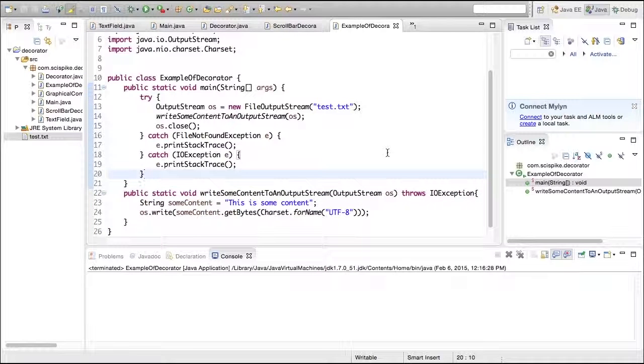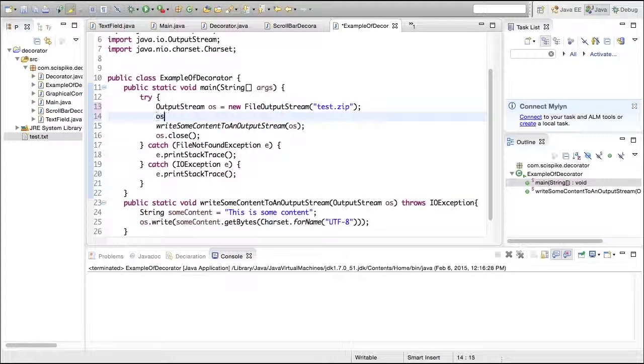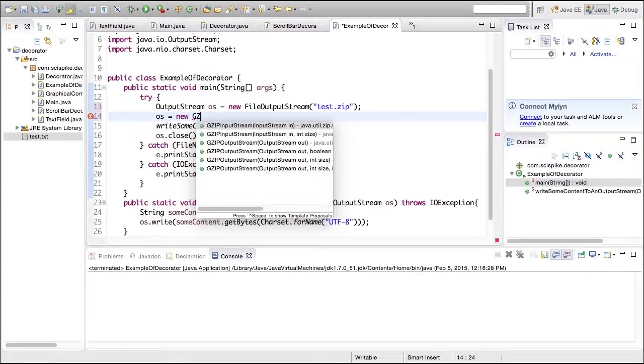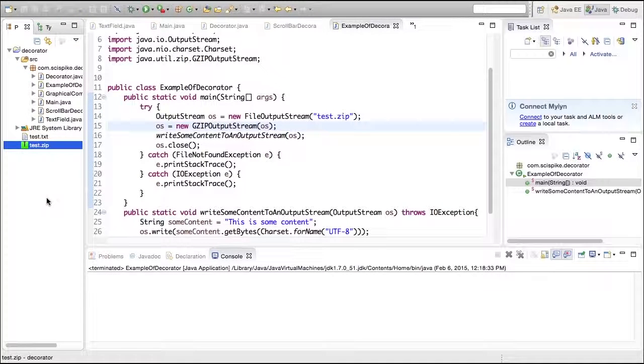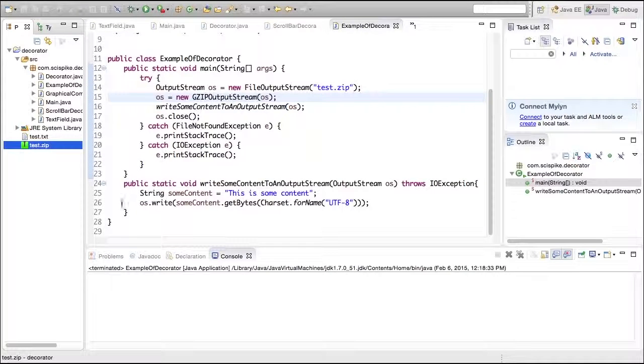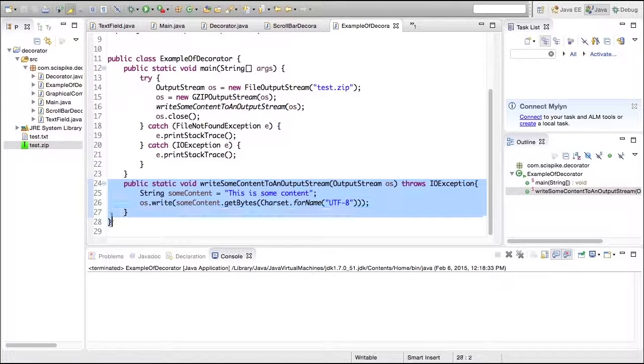Let's illustrate that by adding a gzip output stream to decorate the file output stream. I'll have to change the name of the file to test.zip, and then I'll wrap the existing file output stream into a gzip output stream, which is really the decorator in this example. Now execute again and refresh the Eclipse workspace. You will see that we have this test.zip file. And notice we did not have to make any changes to the write some content to an output stream function